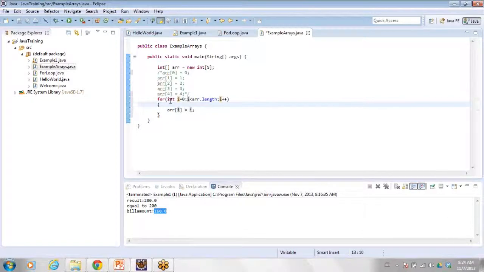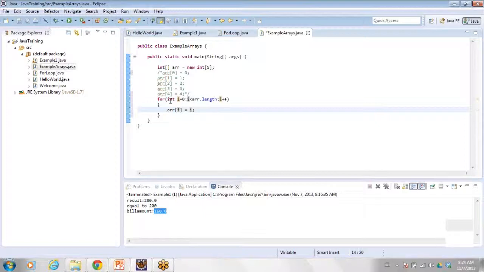So in the first iteration the value of i is 0. So arr of 0 will be assigned 0. In the next iteration it will execute this increment statement and it will assign arr of 1 to 1.